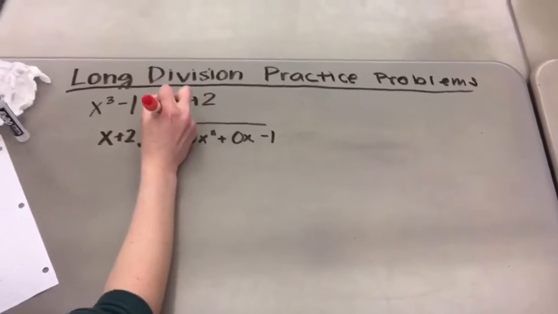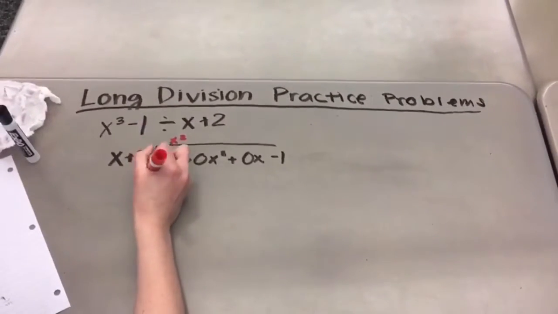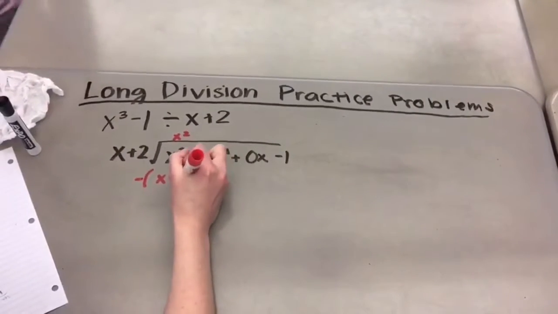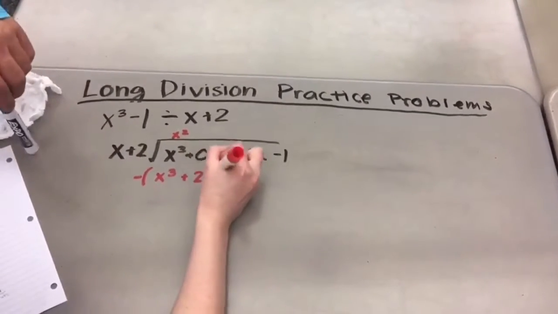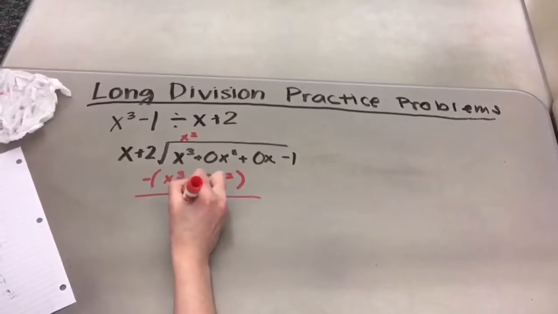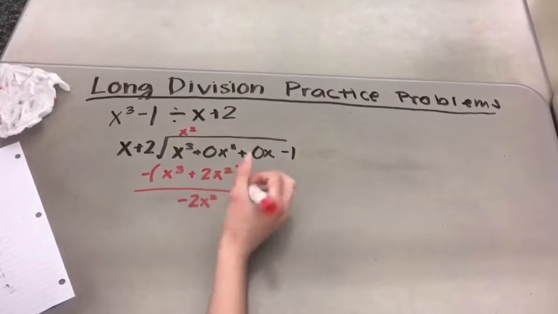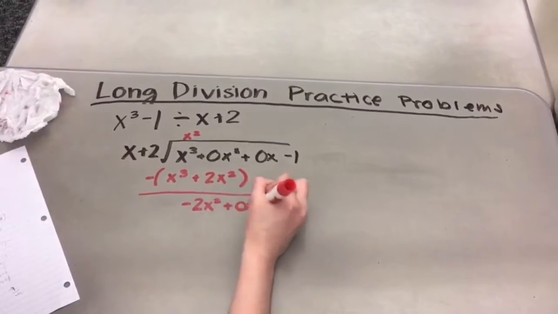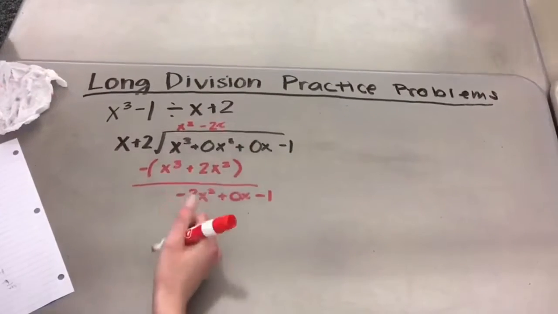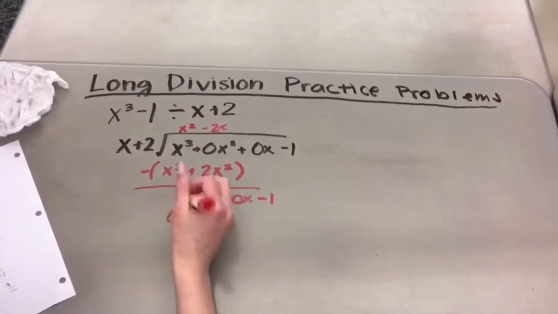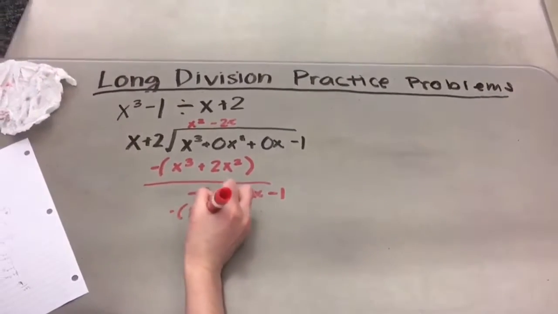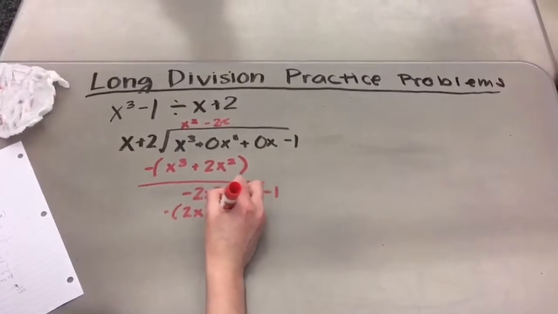Moving on to the last problem we will demonstrate for you today, which is x cubed minus 1 divided by x plus 2. You got to add in two fillers this time, 0x squared and 0x. You multiply x and x squared to cancel out the x cubed. You also multiply to the 2, which makes it 2x squared. You then subtract x cubed from x cubed and 2x squared from 0x squared, and it comes out as negative 2x squared. Then you proceed to drop down the 0x minus 1,